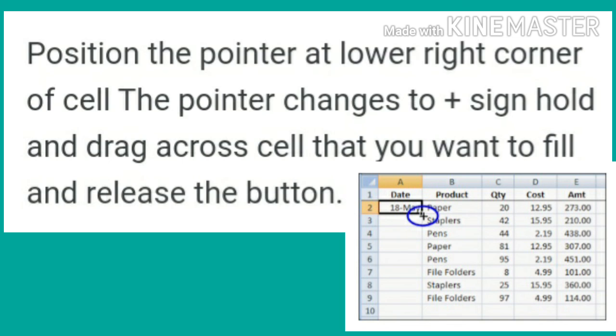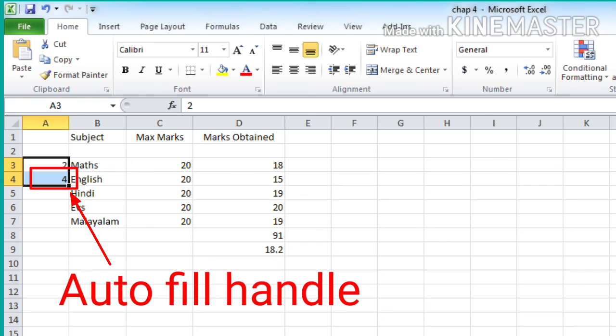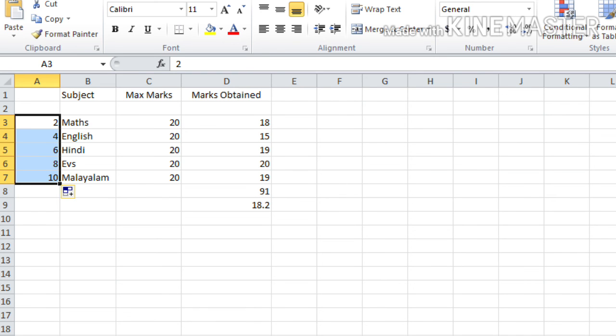And just do an example like this, that is just delete all the serial numbers and add 2 to the first cell. Okay, just enter the number 2 in the first cell and 4 in the second cell. Then drag the autofill handle till the cell A7. Okay, then you can see 2, 4, 6, 8, 10, just like this.